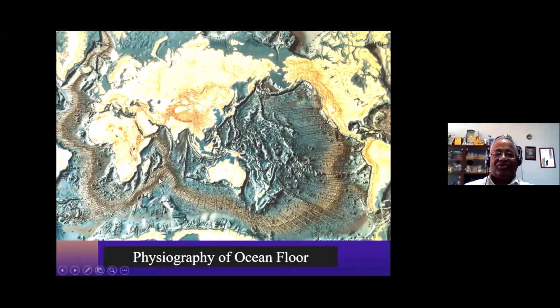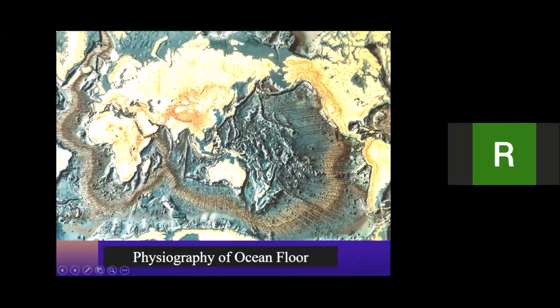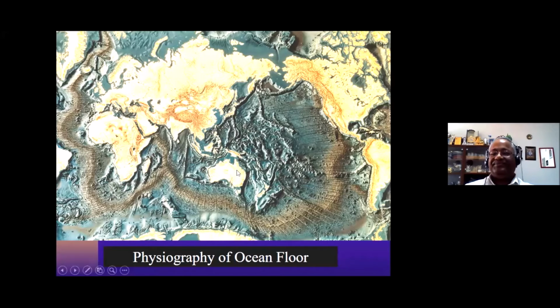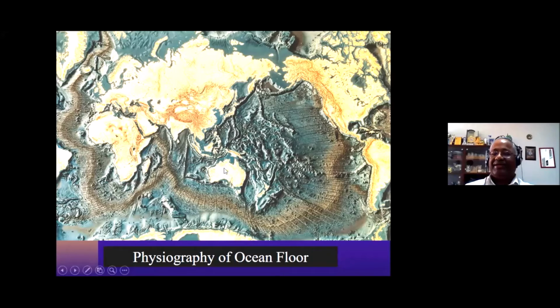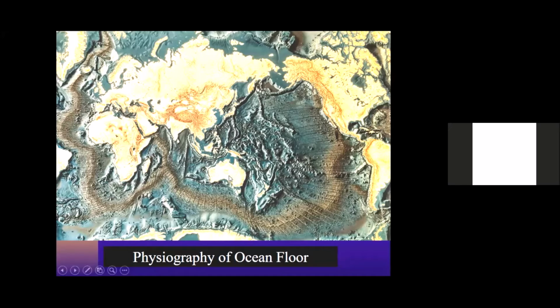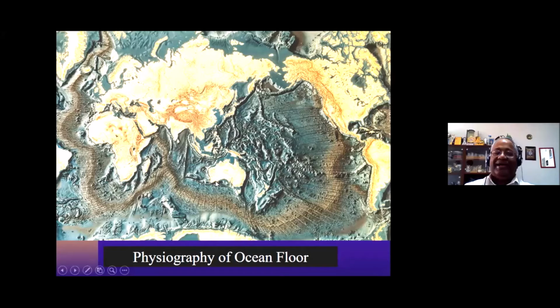This is the Indian Ocean. What is this country? Australia. Is it an island? Yes, it is an island because it is surrounded by water. So it is an island, but it is a continent. Though it is an island, it is a continent. The biggest island and the smallest continent is Australia.